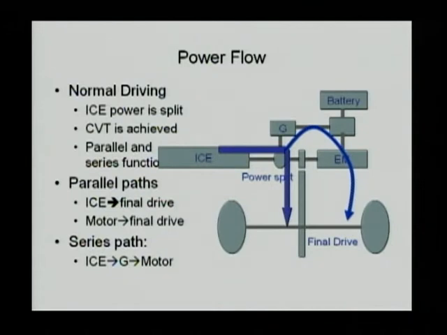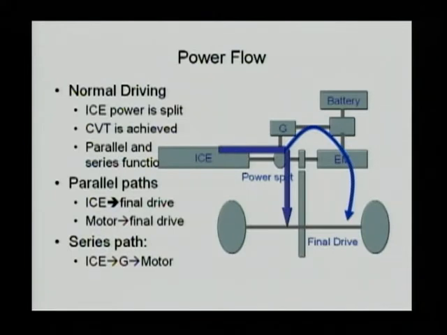A third operating mode is at normal driving, at highway driving or highway cruising, and then even at moderate speed cruising like 40, 45, 50, 55 miles per hour cruising speed. In this case, the engine is maintained on, and the engine will produce sufficient power to drive the vehicle. That power from the engine is split between the ring gear and generator, or ring gear and sun gear. The ring gear power goes directly to the final drive. The sun gear power goes to the generator, which generates electricity,